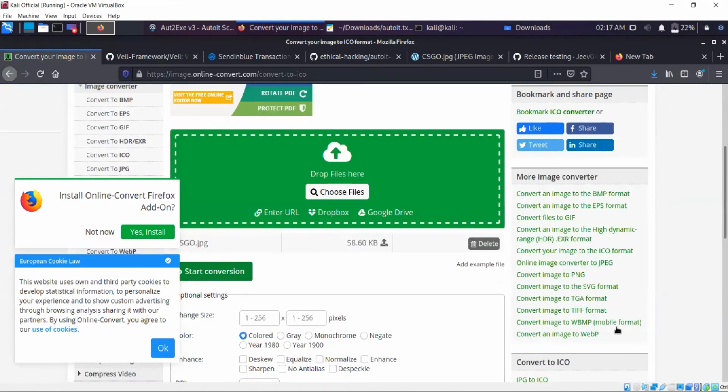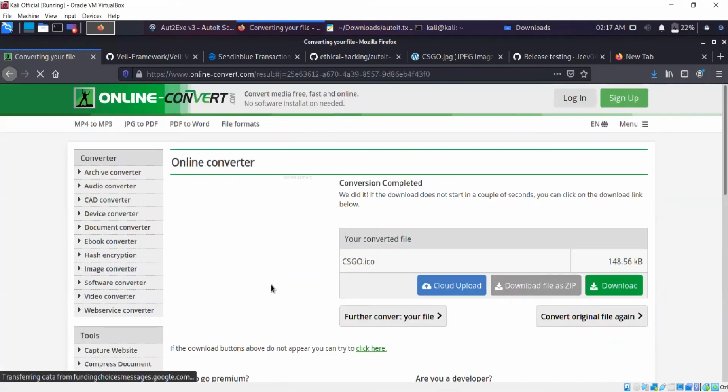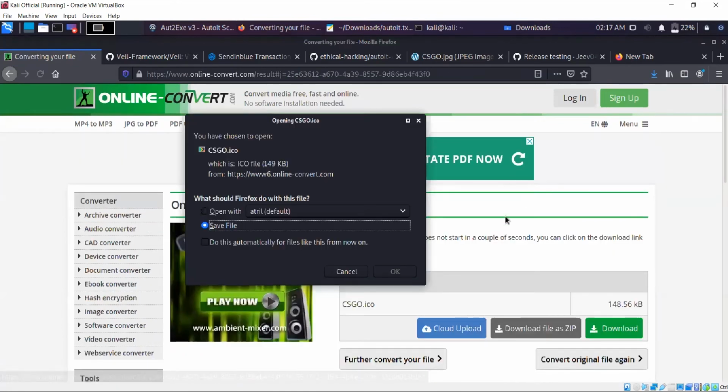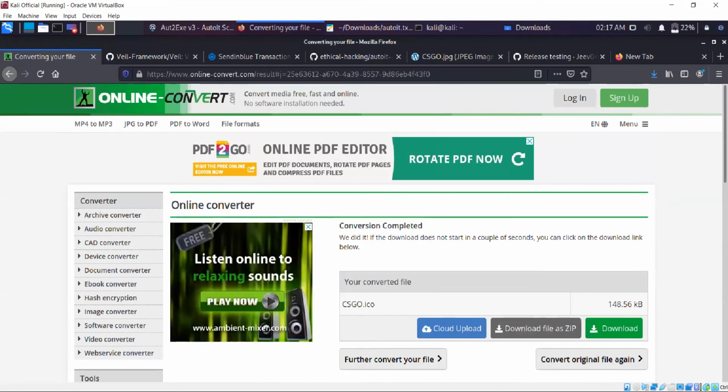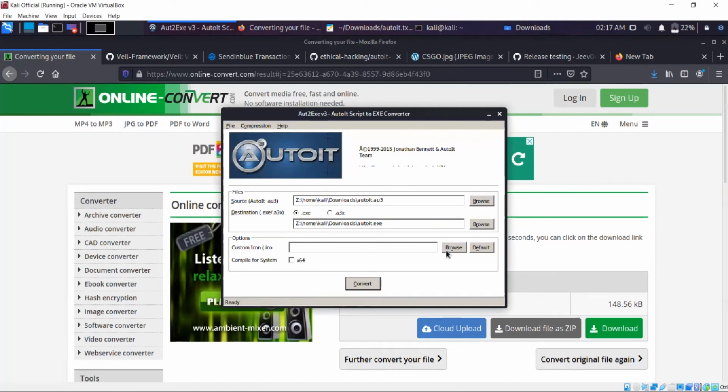So right now I will download this file. I will save the file. What I've done is I've converted my JPG to an ICO. Now this will be set up as a preview for the image for your payload. Again, go back to the compiling part. Custom icon, browse.